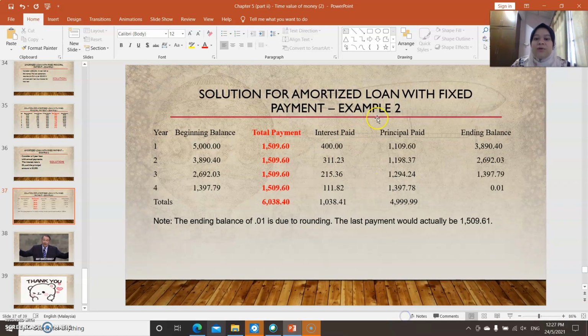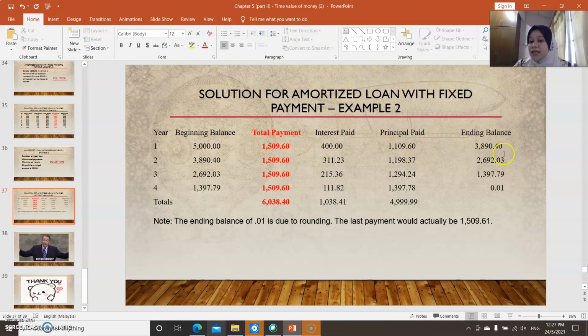Okay. So how are you going to get the principal paid? Just take the total payment minus the interest paid. Why? Because the principal plus the interest gives you the total payment. So to get the principal paid, it is the total payment minus the interest paid. 1509.60 minus 400, so you will get